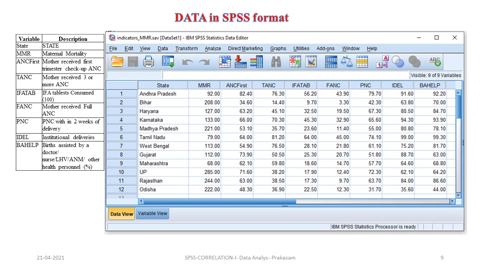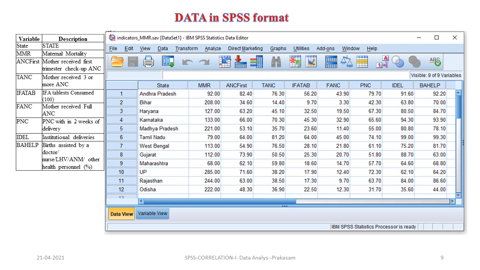Here it gives the percentage of women who have received these kinds of health program variables, the healthcare delivery system, in the selected states. For this we have to find out the correlation coefficient and see which variables are related to maternal mortality. That will come across by calculating it.